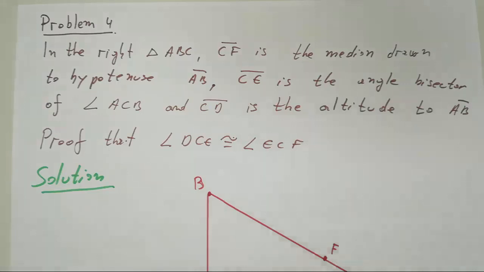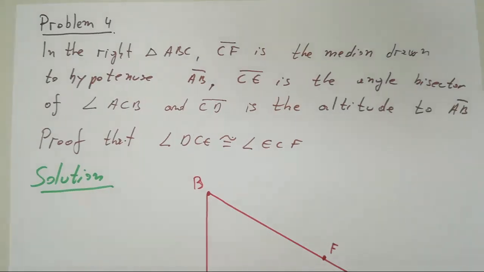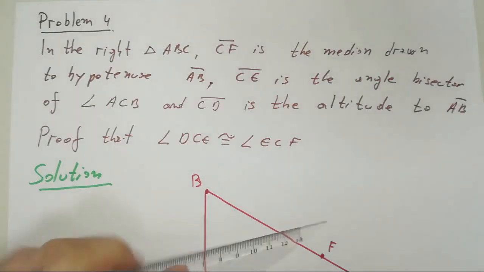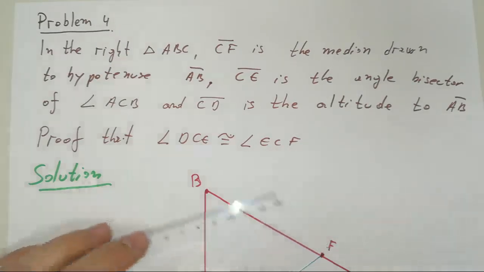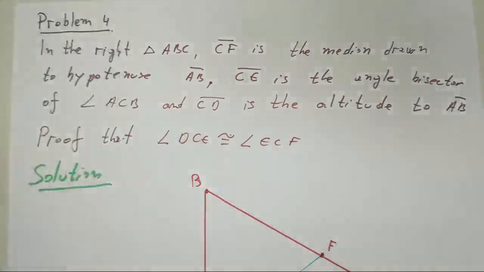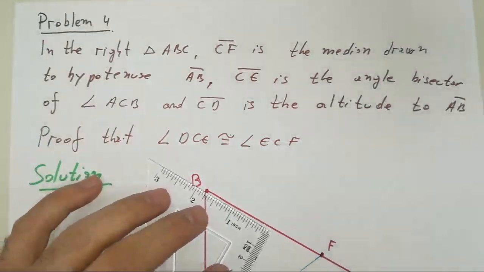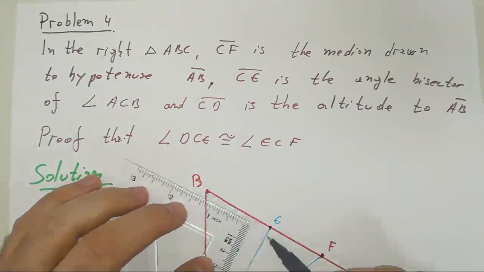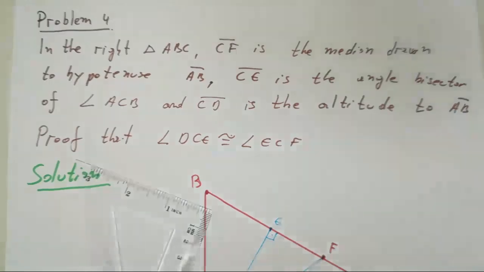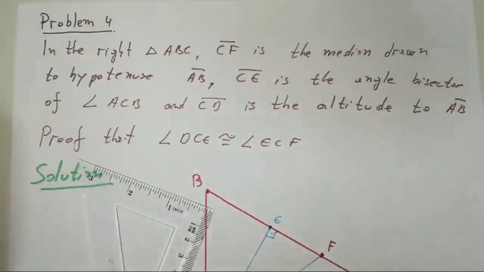I didn't construct this, so I'm constructing with you together. You happen to write the problem also. Meanwhile, I will construct this. So this is the median, CF is the median, and CE, it should be somewhere here. CE is the angle bisector, and CD is